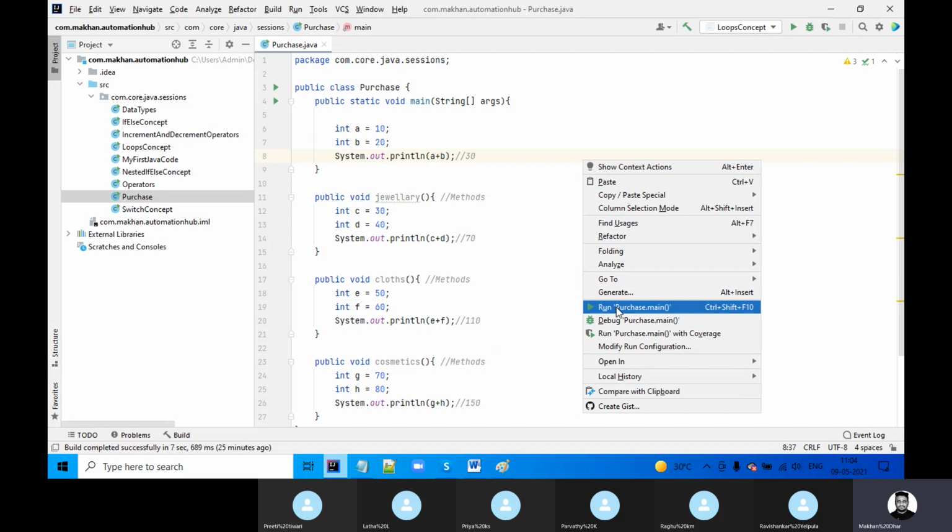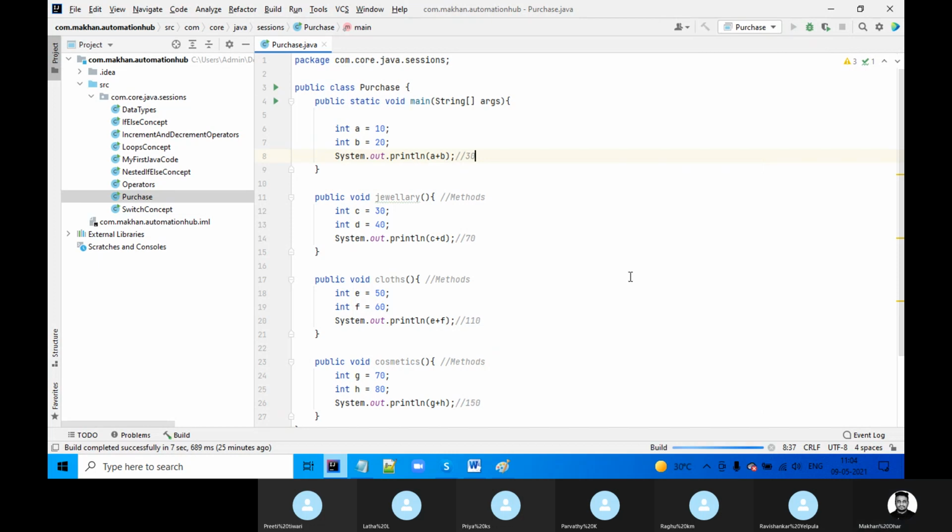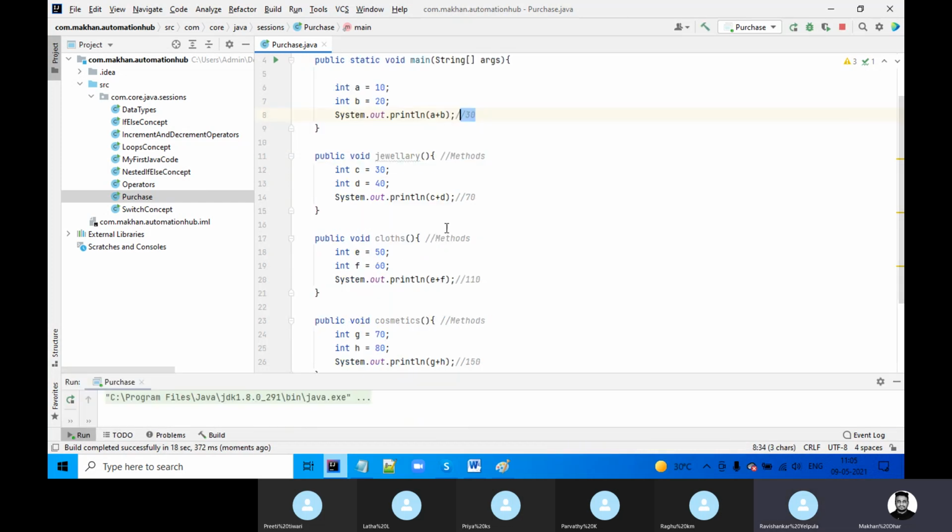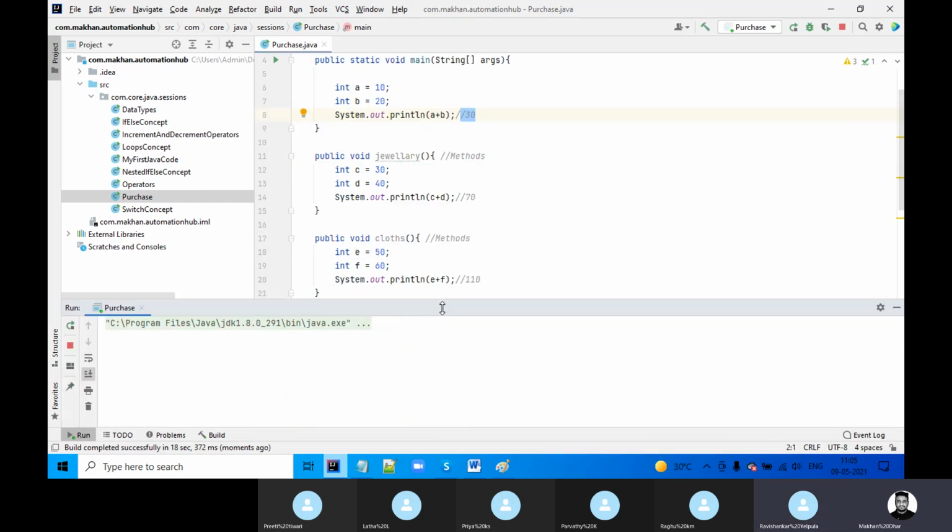The answer is no. Let's try. Why will we not get them? Because these do not come under the main method. The main method starts from here and ends here, so only you will get the value 30. The rest will not print.